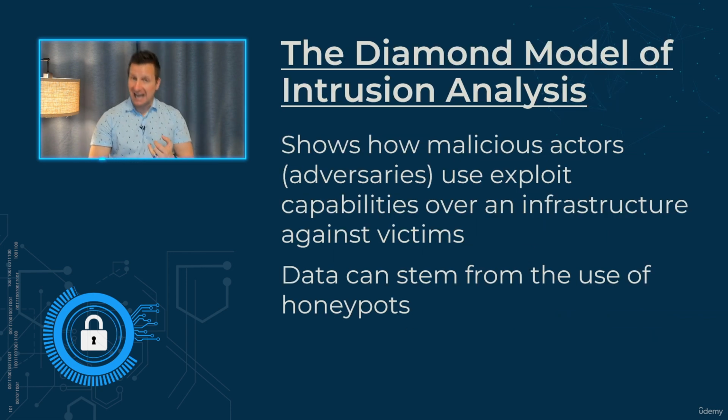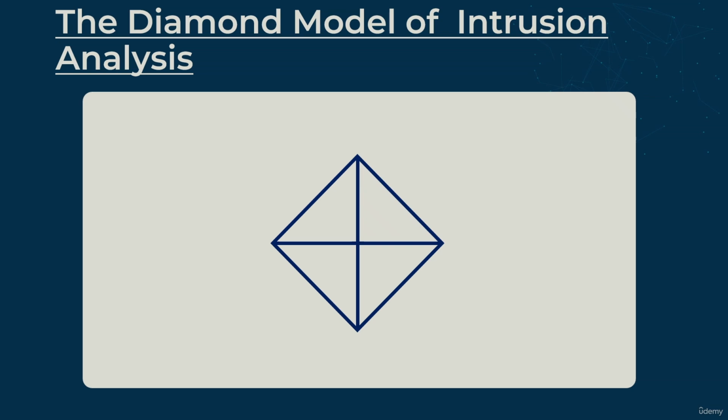Another way that we can analyze security incidents is using something called the Diamond model. Now, this shows us how malicious actors, otherwise called adversaries, did it. How did they exploit something and get into the network or into a host? So the Diamond model then can stem from the use of honeypots, because what you can do is analyze honeypot logs to see exactly what happened. Now, the reason it's called a diamond model, if we take a look at the graphic, is because